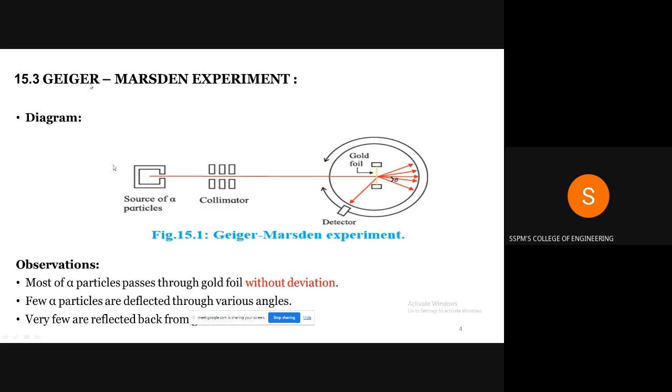Geiger-Marsden experiment. This is the diagrammatic representation. Source of alpha particles: when alpha particles are incident on a thin metal foil, then scattering of the alpha particles takes place. So observations: most alpha particles pass through the gold foil without deviation. Few alpha particles are deflected through various angles. Very few are reflected back from the gold foil. These are the observations. And after that,